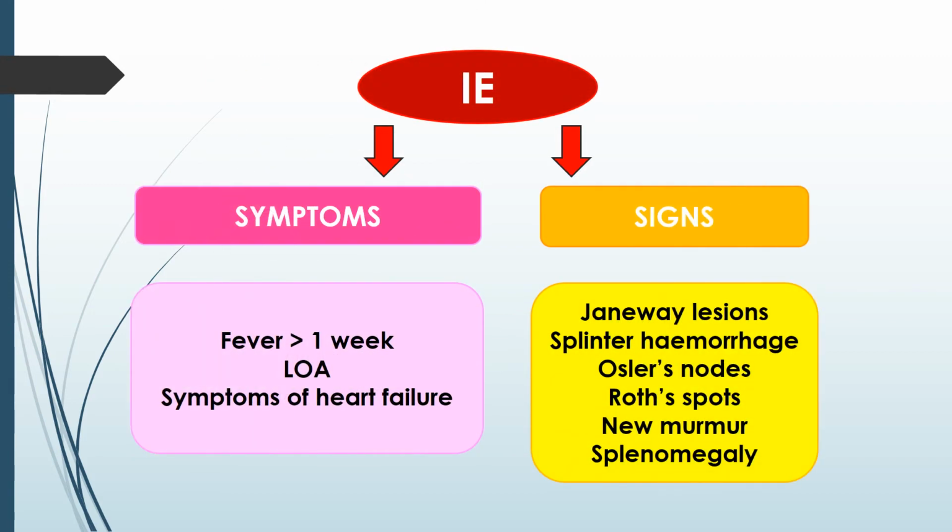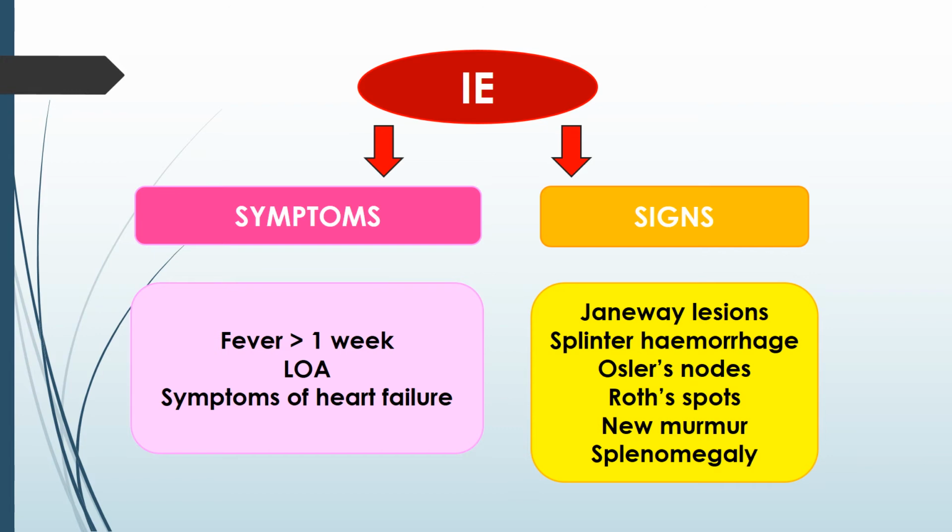In terms of symptoms, patients with infective endocarditis usually have fever of more than 1 week. They may also have loss of appetite and symptoms of heart failure such as shortness of breath on exertion, orthopnea and paroxysmal nocturnal dyspnea. On examination, clinical stigmata of infective endocarditis include Janeway lesions, splinter haemorrhage, Osler's nodes, and Roth